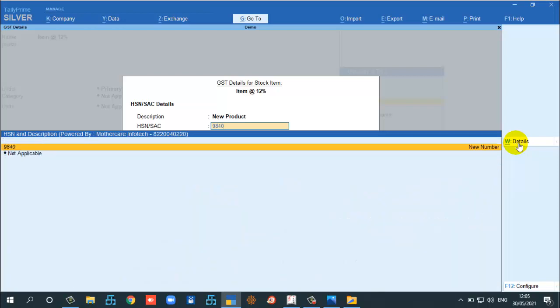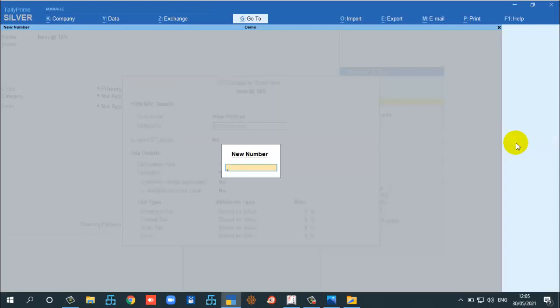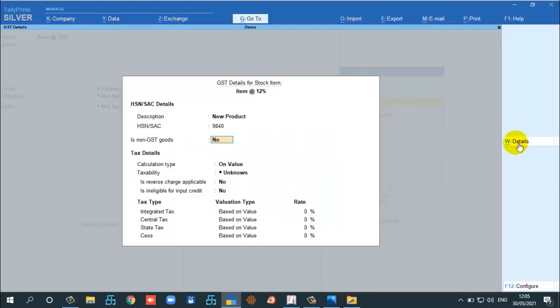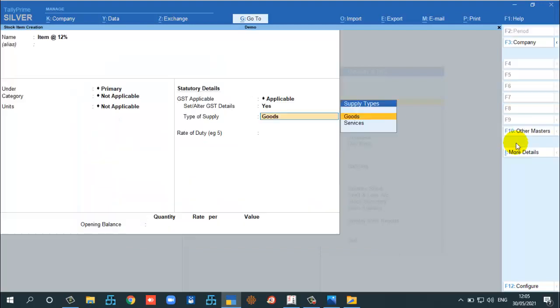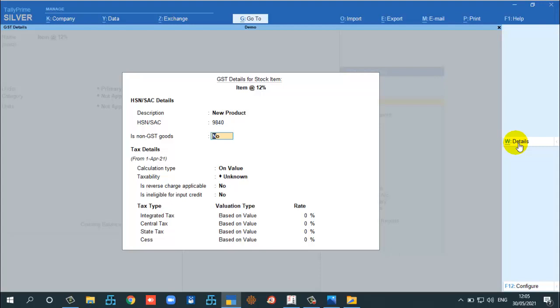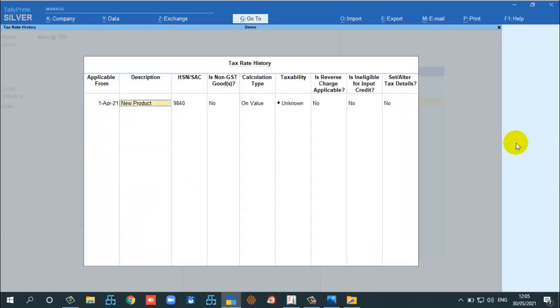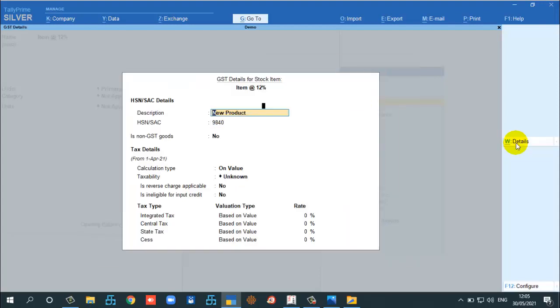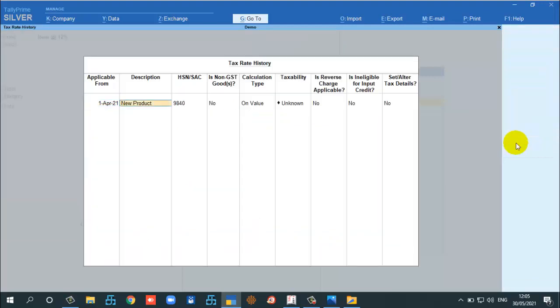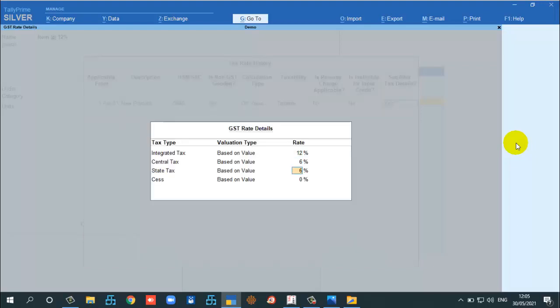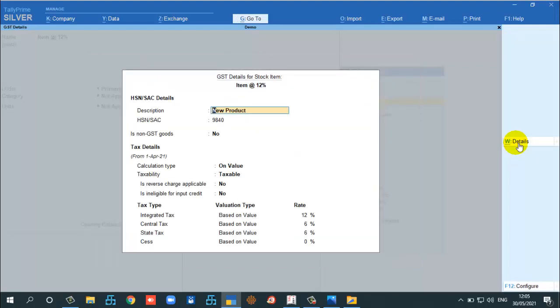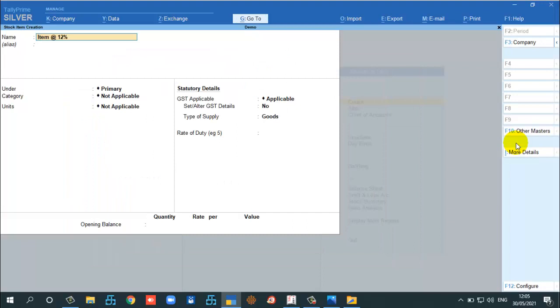Suppose I am giving the code as 9840, so it will accept here. From inside this menu also we can create. So here I am changing the tax rate, 12% I am putting. So I have configured at item level.